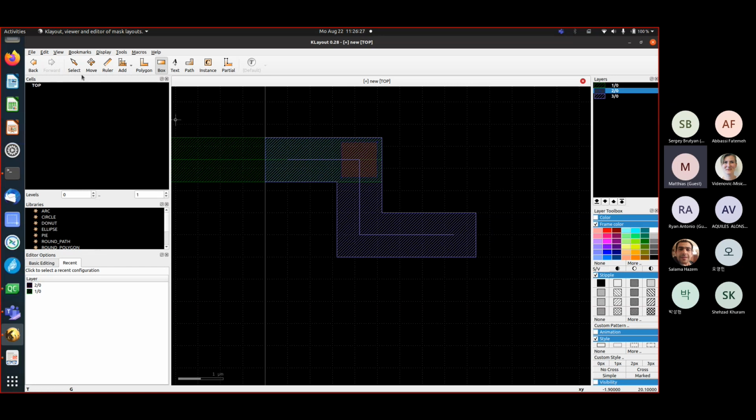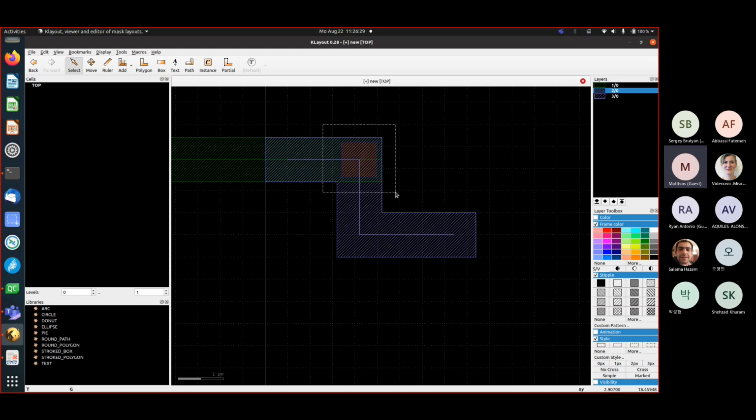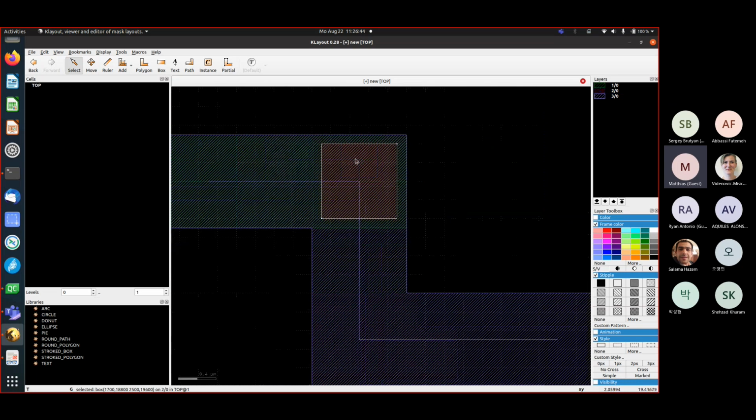I wanted also to show you how to duplicate this feature. So now I selected the via. I went to select mode. I was drawing a rectangle here with the left mouse button. And now, of course, I can do Control-C, Control-V, like you do in Word or whatever program. Now I have